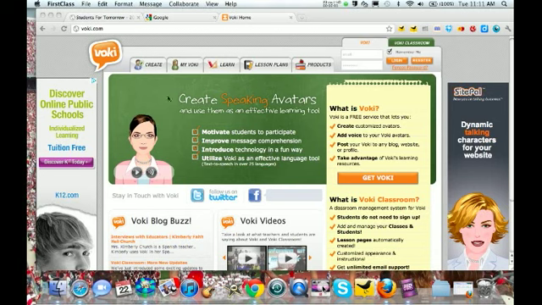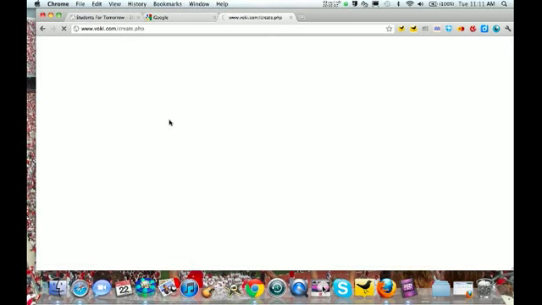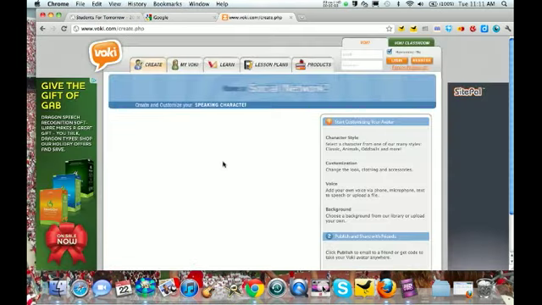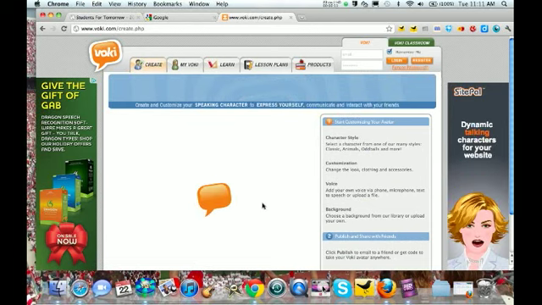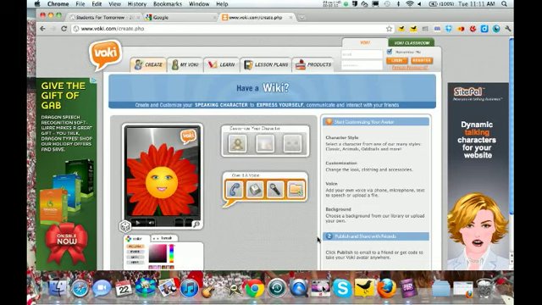Hi, today we're going to use Voki and create a Voki. We are not creating accounts, just how to make a basic Voki. So you click create at www.voki.com, and it's going to pull up. I'm going to turn the volume down so we don't hear them talking, but it then's going to pull up